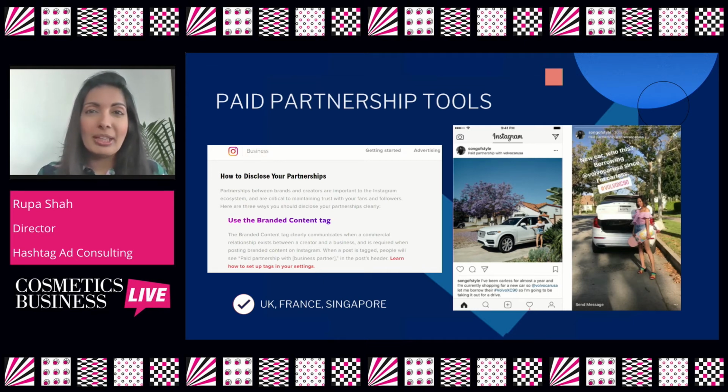In the UK, it's acceptable to use this, and it's a good way of disclosing. I would be careful in the US, for example, though, that actually it is expected that you use an additional disclosure, such as hashtag ad or advertisement, as well as using this tool. So there should be another level of disclosure. So be aware of the rules in each country that you are promoting your products to, and each country where your influencers reside. That's really important to know. So you need to really think about who you're promoting to and where your influencers reside, and be aware of the rules in those countries.